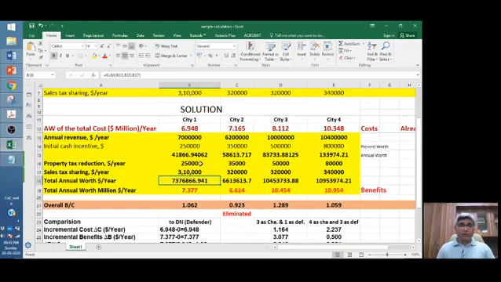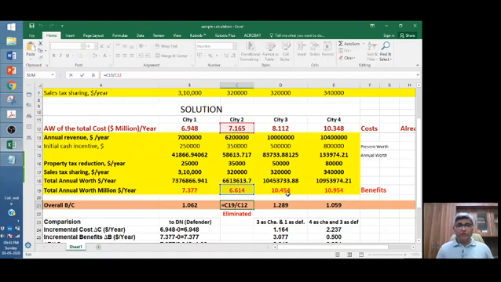So for city 1, the benefits come out to be this one and the cost comes out to be this one. So if we see this divided by this, the B by C ratio comes out to be 1.062. Similarly in this case, we divide the benefits, that is 6.614, divided by 7.165. Similarly for city 3 and city 4. So if we just see, this is the only benefit to cost ratio which is coming out to be less than 1.